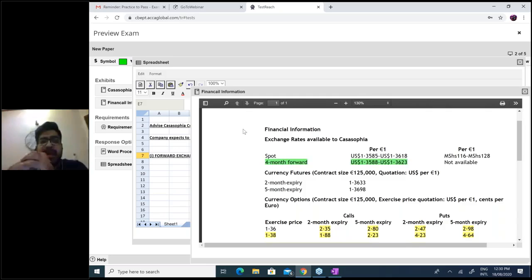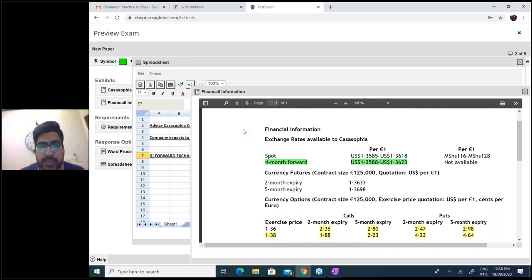The one I have highlighted in green. When you are doing forward exchange contract, you won't use the data of futures, because that will be used in futures. You won't use the data of options, because that will be used in options. In the forward exchange contract technique, you will use data of forwards. Am I right? Yes, we have to use data of forwards. We won't use data of futures or options.